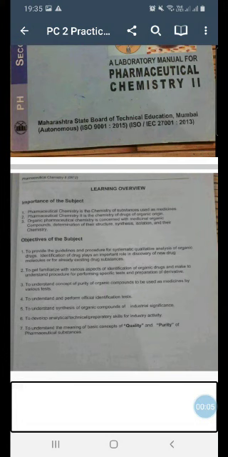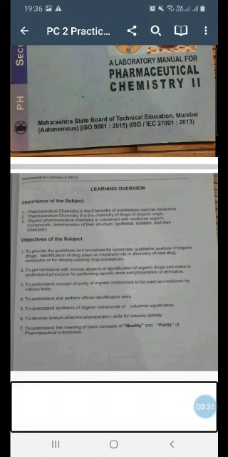Hello students. In the first lecture of practicals, we had a general discussion on what we mean by pharmaceutical chemistry practicals, what their objectives are, and which types of practicals you are supposed to perform throughout the year. When we stopped, we were discussing the first experiment, that is, introduction to laboratory.